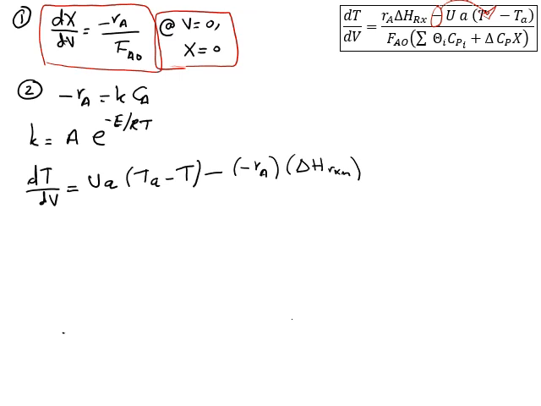The minus here, if you multiply it by the minus here, we'll have positive. So you have here positive Ra and positive delta H reaction. Good, so I did not really change anything in the equation. Divided by,